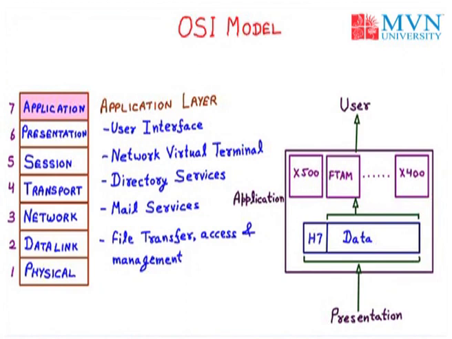At the physical layer we have the bit stream, at the data link layer we have frames, then at the network layer we have packets, then at the transport layer we have segments, then at the session layer we have particular checkpoints, then at the presentation layer we have code conversion and translation, and at the application layer we are providing the services to the user. So from the user to the particular wire we have a system, and the system is operated by the OSI model. So here we have discussed the OSI model.